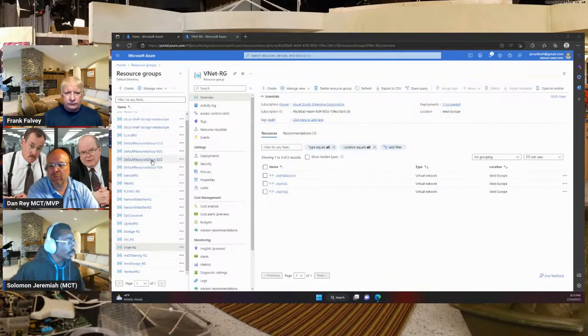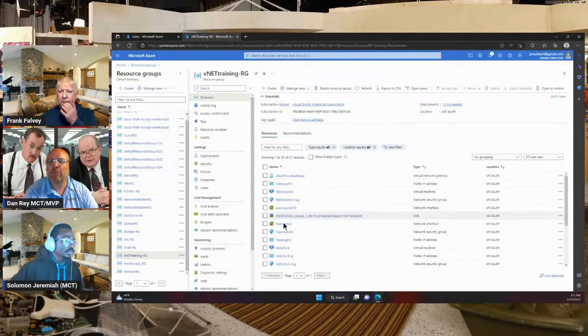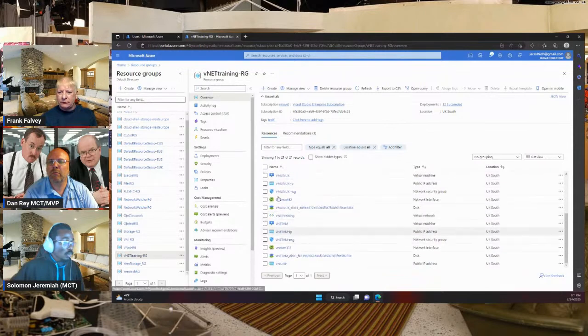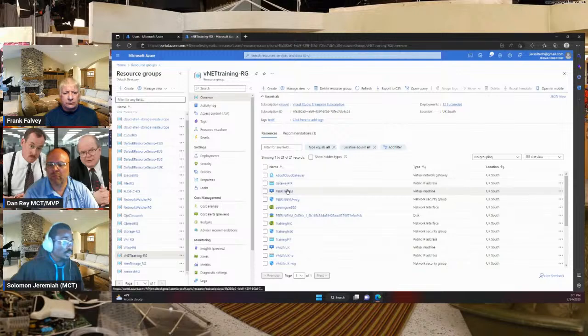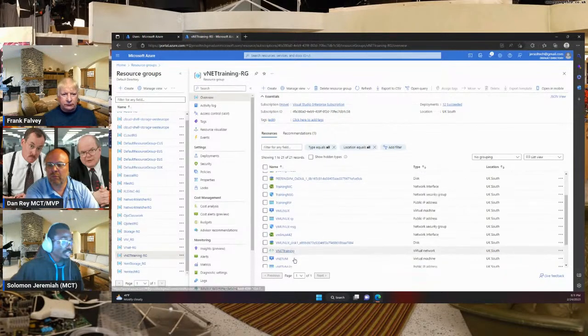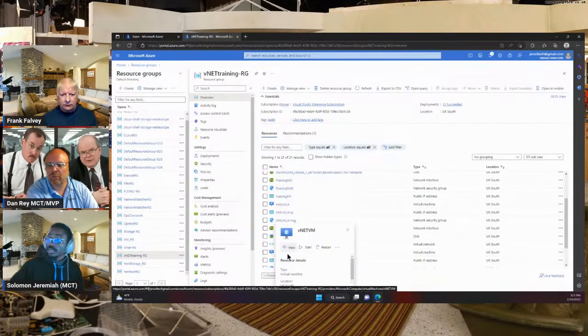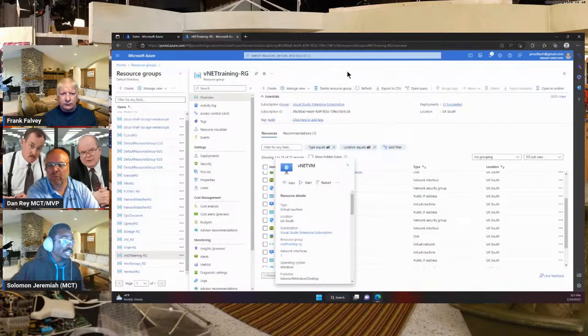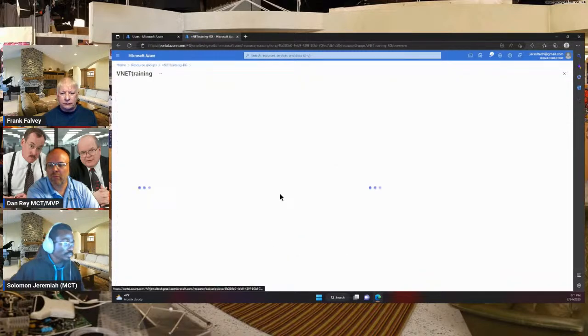So let me look for the VNet. I just want to be sure. Okay. Yeah, so this is the VNet I want to use. But now what I did before this event was to create the virtual gateway. The reason I did that is because it will take approximately 20 to 25 minutes to create that. So I just decided to build it, but I would just give an overview of what it looks like when you're creating it. So if I come to this VNet here,